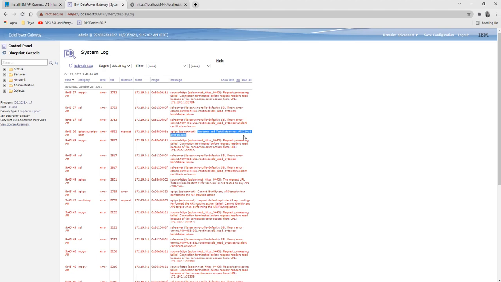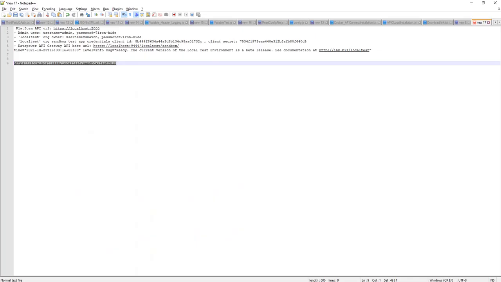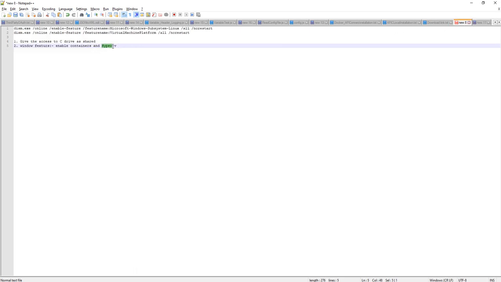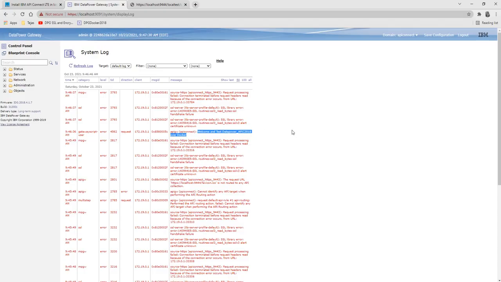Just make sure you have all the prerequisites I told you about. First, make your C drive shared, then in the Windows features enable containers, and one more thing I told you, Hyper-V shall be enabled. Then run your Ubuntu and install Docker Desktop on Windows.